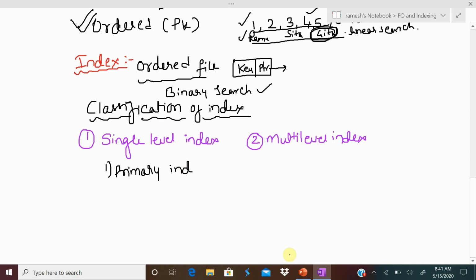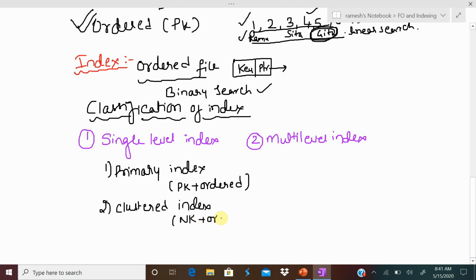We call the first the primary index, which is created on the primary key of the data file if the data file is ordered on it. The second one is the clustered index, which is created on a non-key field of the file if the file is ordered.